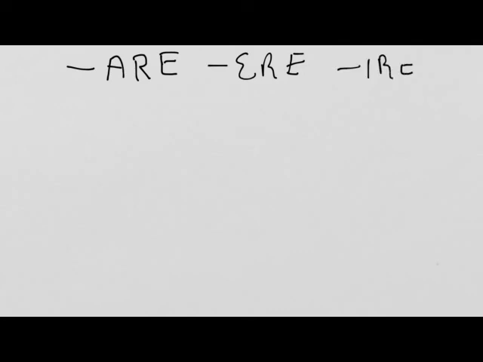Let's look at irregular verbs in the conjugation -are. You know that all Italian verbs are subdivided in three separate categories called conjugations. The first conjugation has verbs that end with -are. The second one, there are fewer, ends with -ere, and then finally there is the third one with verbs that end with -ire.